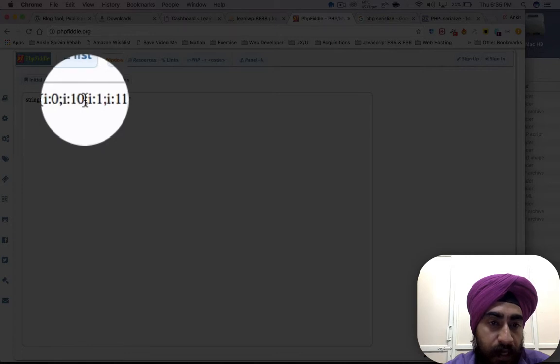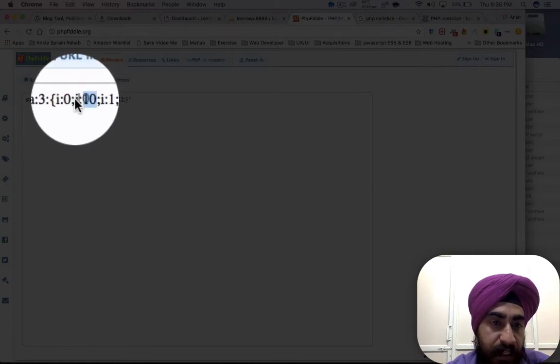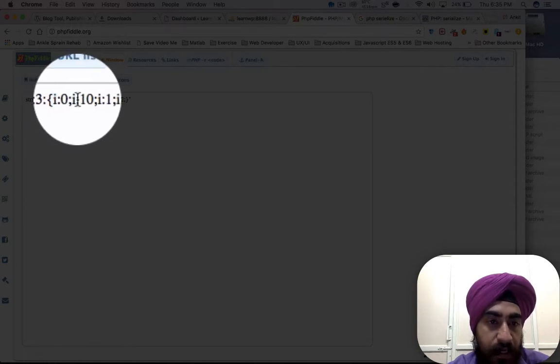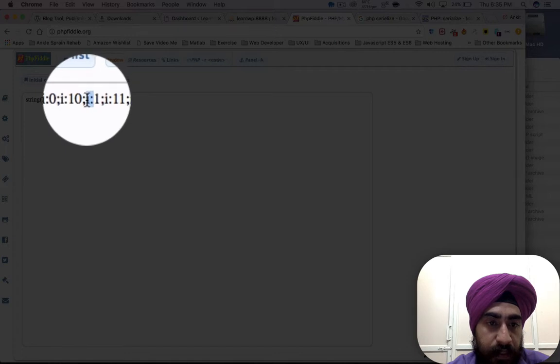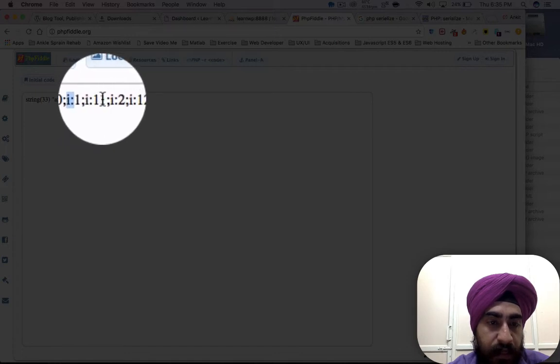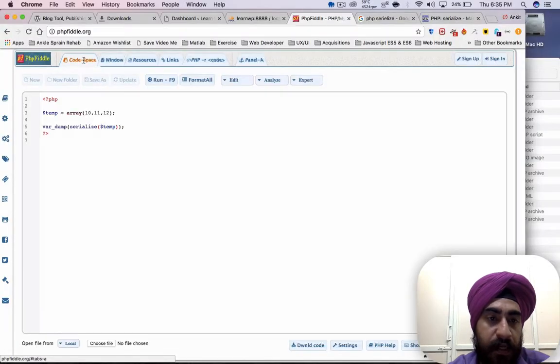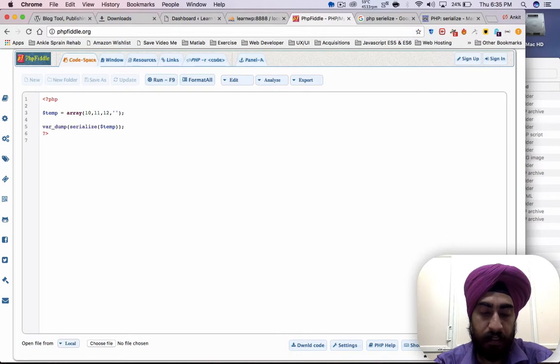So the value is integer. Don't get confused between this i and this i. This i means index and this i means integer. So this is our second index, it is our 10 in the second value and third value. Similarly, if I'm going to add a string, suppose anything,